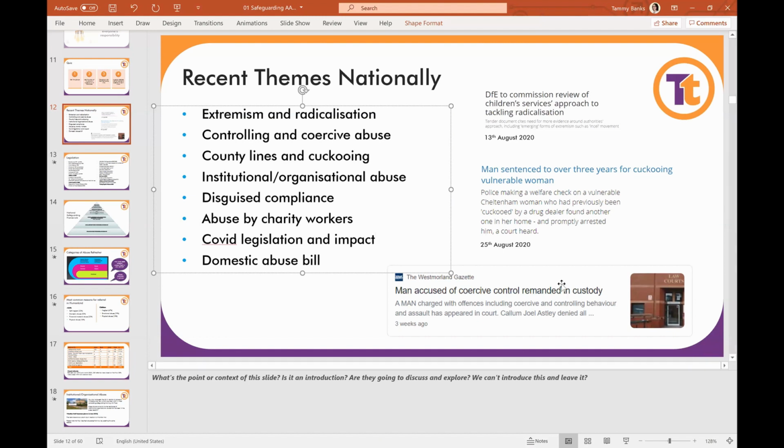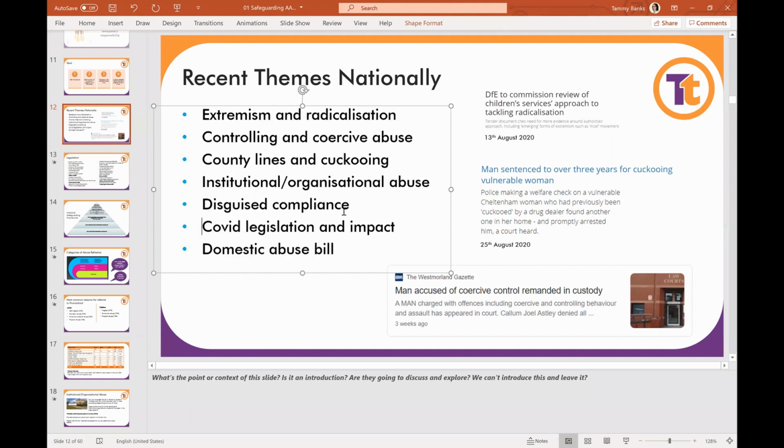So the COVID bit does only need to be a couple of slides. It'll be the COVID legislation and then the possible impact that we're seeing: rising mental health issues, rising domestic abuse, having to work differently, all of that type of stuff. But that can be on a slide or two. And the same with the domestic abuse bill. So I think I'd probably take that one out for now.